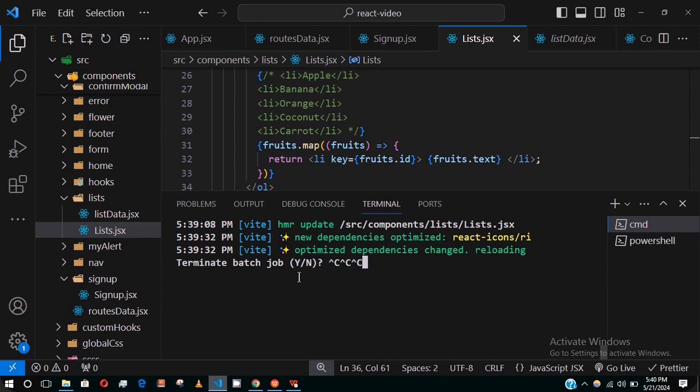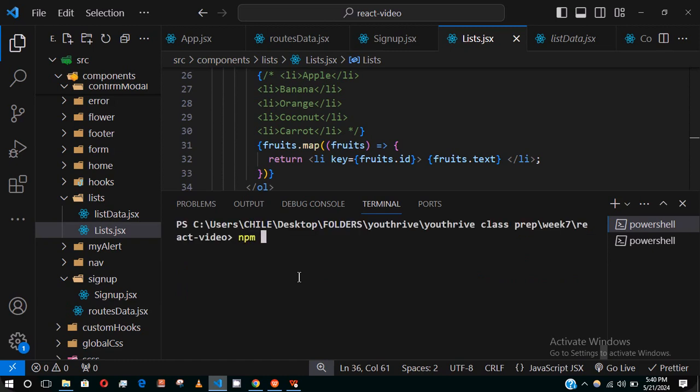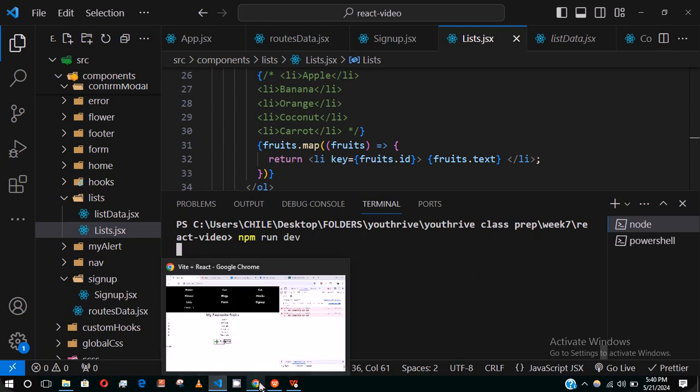I'll put yes, so clear that, npm run dev. So I think that will stop that. Then the next thing what I want to do